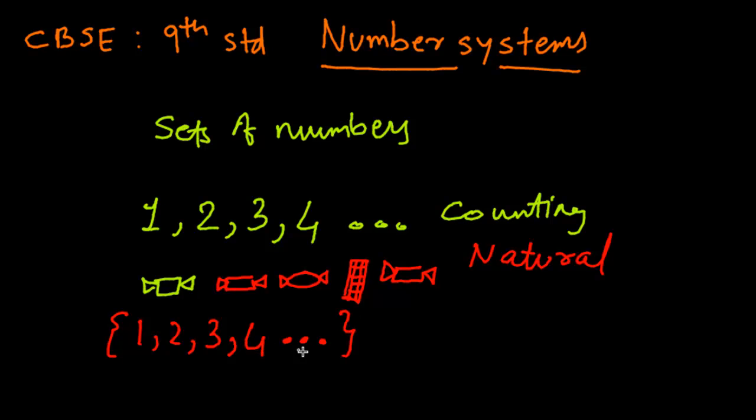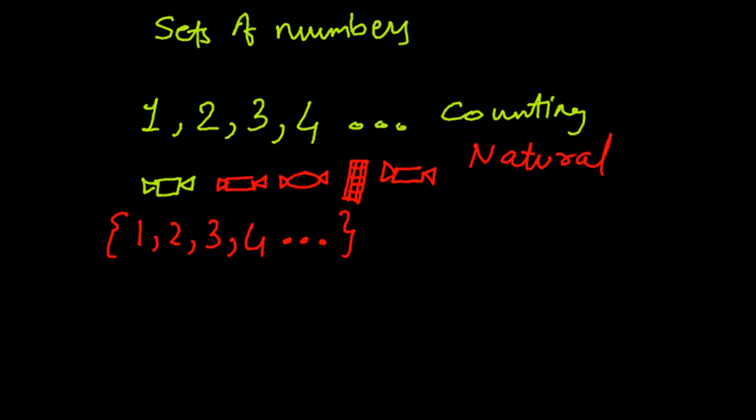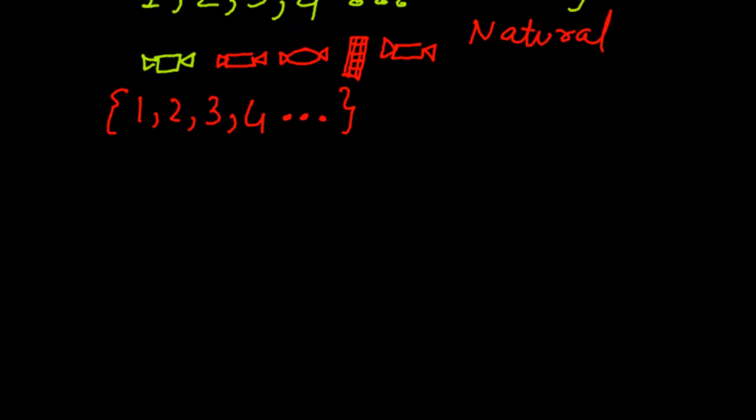This means that the series keeps on going on. These dots are called ellipses. Then the next case would be to simply add 0 to the series. Up till now what we saw is 1, 2, 3, 4, and so on. These numbers, as I said, are called counting numbers, because we use them to count something. Just add 0 to it.